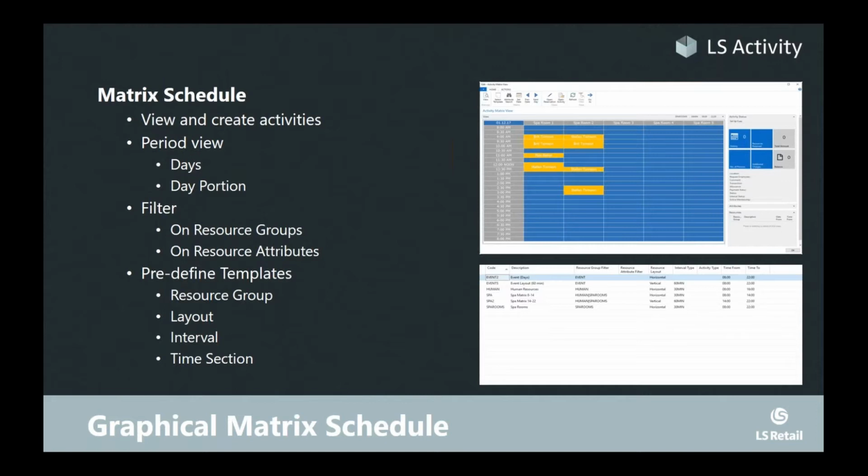No reservation or appointment solution can avoid presenting its assignments and availability based on a graphical matrix. We use the LS POS toolkit features to present this information, which brings interesting possibilities as we will see in the later slides. The user can define and save templates which scope the resources to show, the interval and